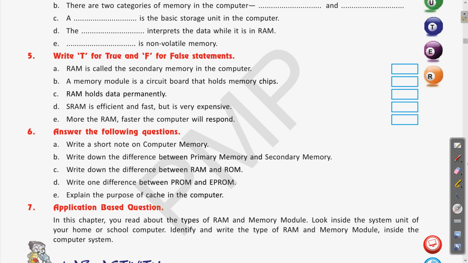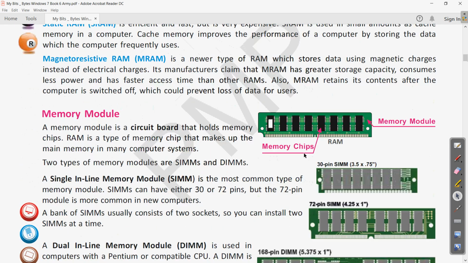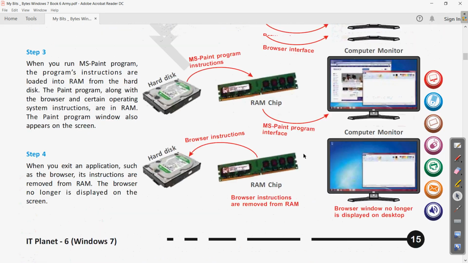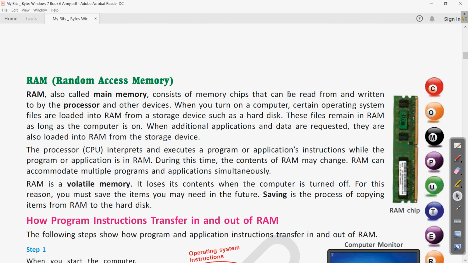So coming to the initial starting pages, there we will find the difference between RAM and ROM. So RAM is given on page number 15, I think. Yes. So here it is about the RAM. So in the RAM also we will write the answers in the similar way, that one side RAM and another side ROM. Okay. So make a parting line, and on one side write RAM, and on another side you can write about ROM. Okay. So now let us see the points about RAM.